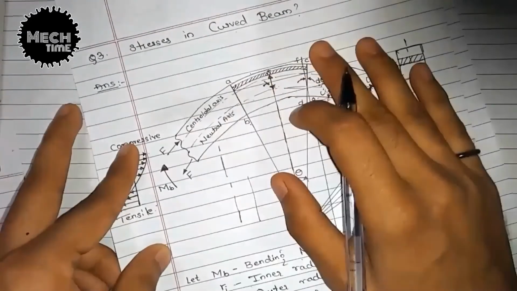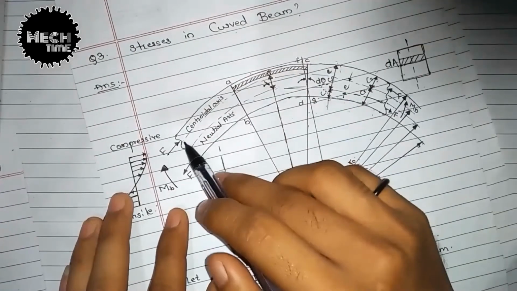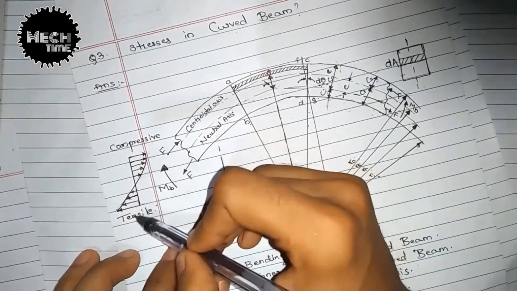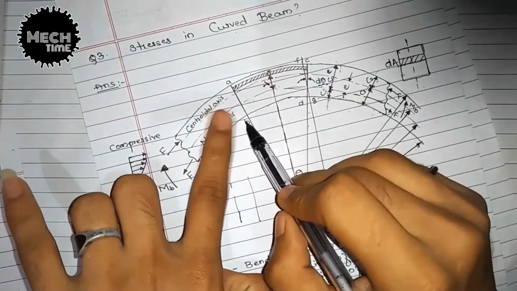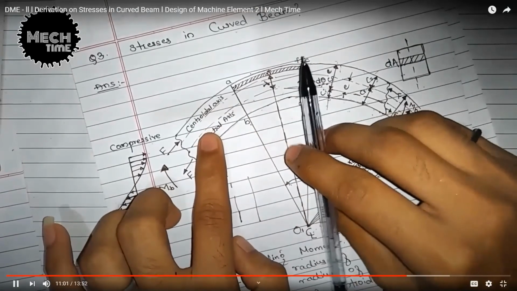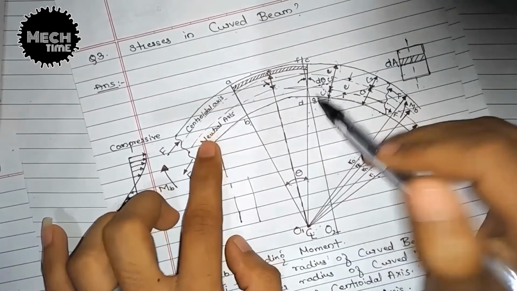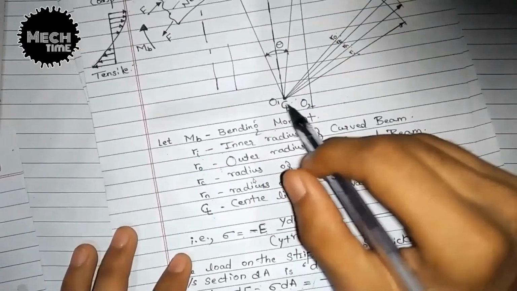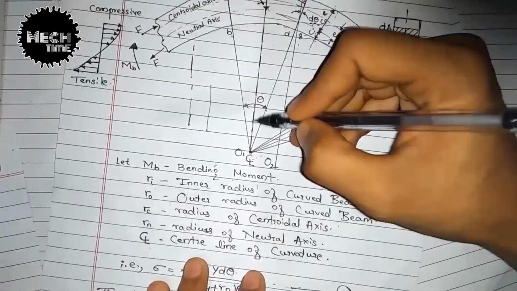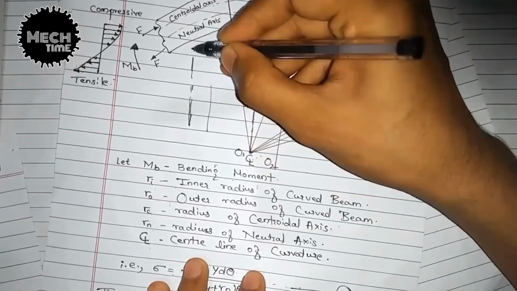First you have to draw the diagram, and then you have to write that consider a beam like that. Then when you apply a bending moment, you can see the stress distribution. This is compressive and this is tensile. When the bending moment is applied, the planes AB and CD, you have to take two such planes. Then once the bending moment is applied, it will rotate with respect to AB with an angle dθ, that is FG. Then similarly this is curvature. I forgot to tell, this CL is nothing but the center line of curvature. I have drawn a plain line here, actually it is like this. Okay, center line of curvature.